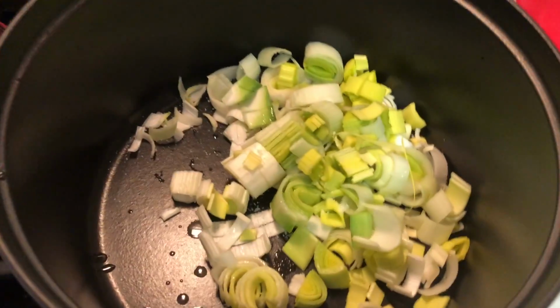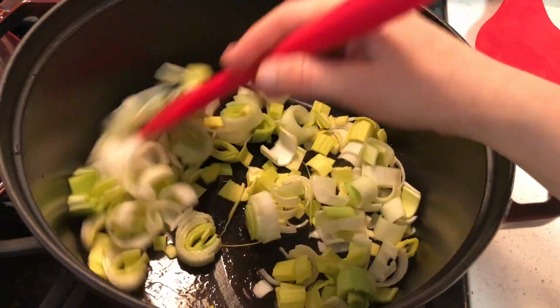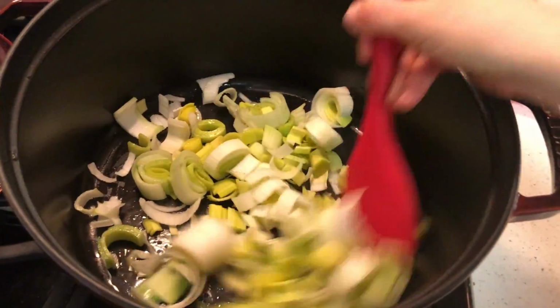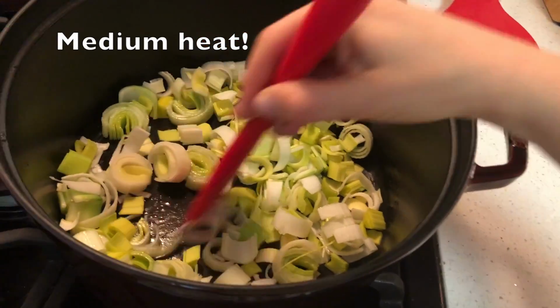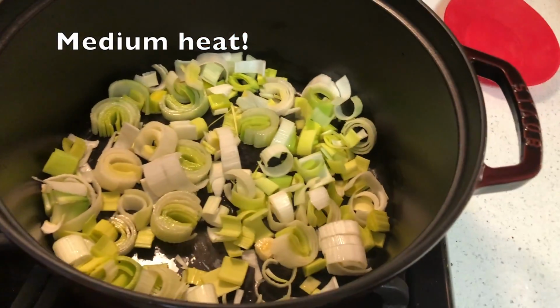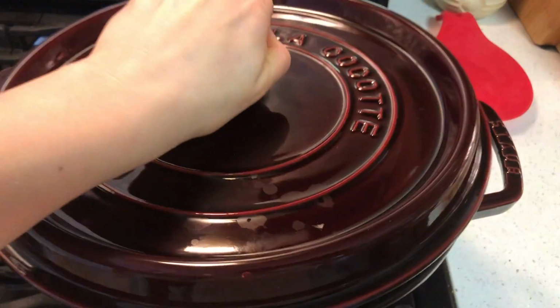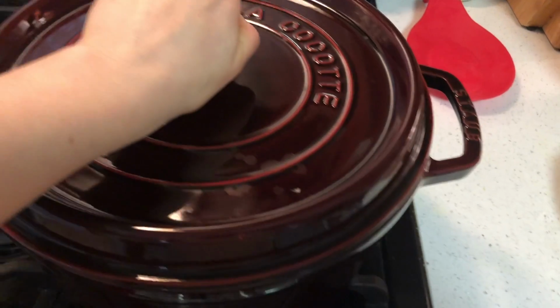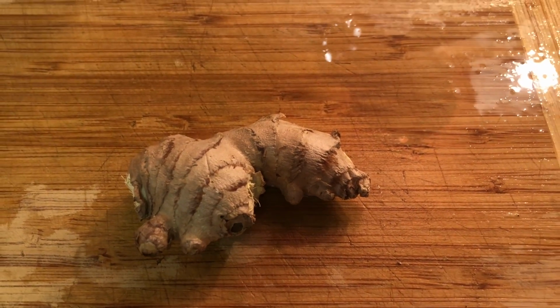And I cover the pot. So I put the salt, I stir it up. The water that you see here is just from washing the leeks. I don't add anything else to it. And then I just cover it and leave it on a medium flame so that the leeks could sweat and get soft and translucent. And while that's going for about 6 to 7 minutes on a medium heat,